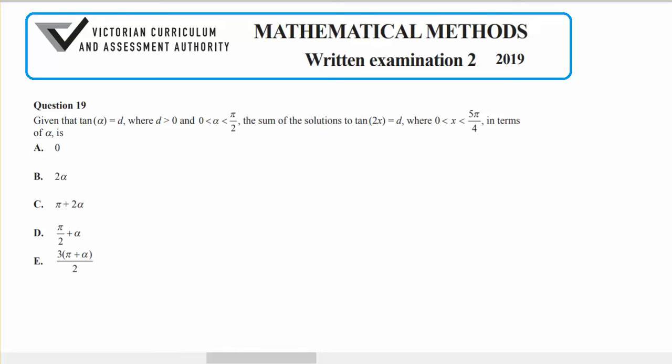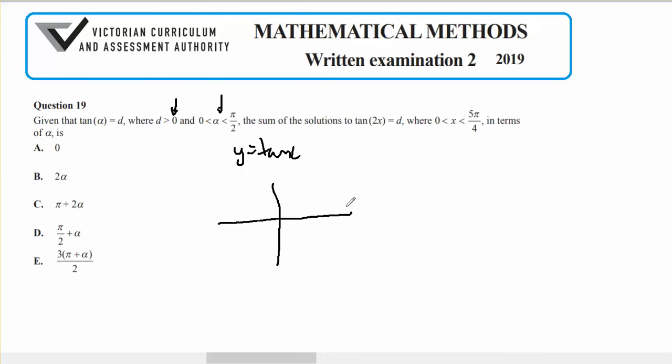This is for mathematical methods. It comes out of the 2019 VCAA paper, exam 2, question number 19 in multiple choice. I know that the tan of alpha equals d, where d is positive and alpha goes from 0 to pi on 2. And the tan of alpha comes from the graph of y equals the tan of x, which will